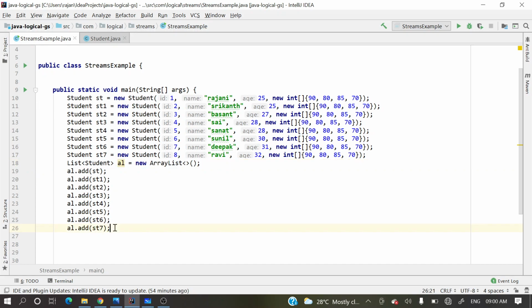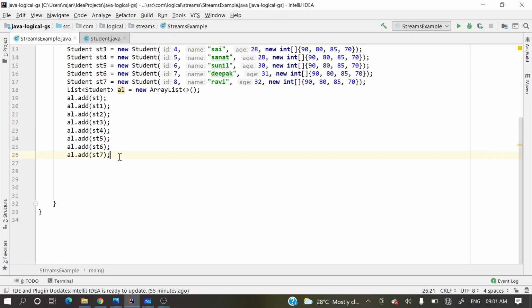So what exactly will we do here? We'll group by age, right? So here we'll apply groupingBy age. Whatever students have the same age, it will group them, right? So if you see here, age 25 has 2 students, age 28 has 2 students, right? Okay, so let's apply